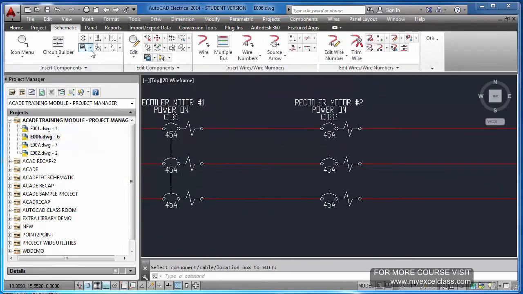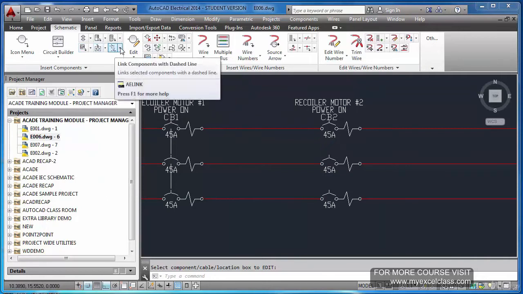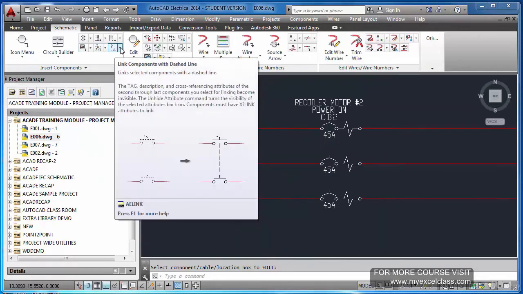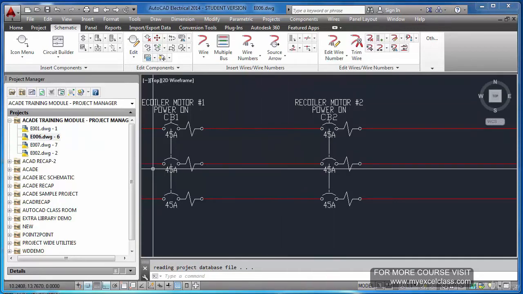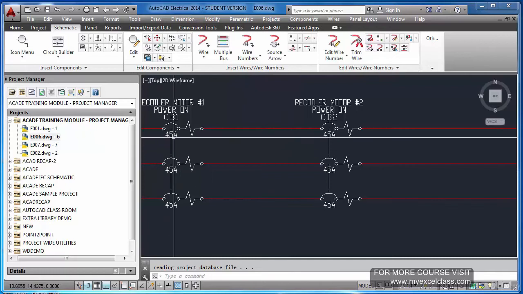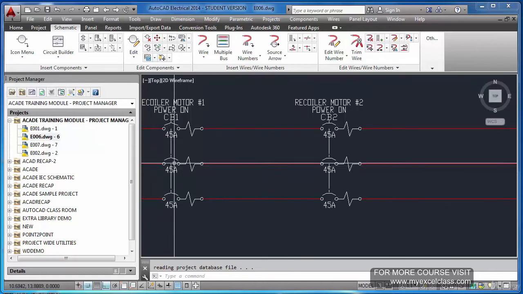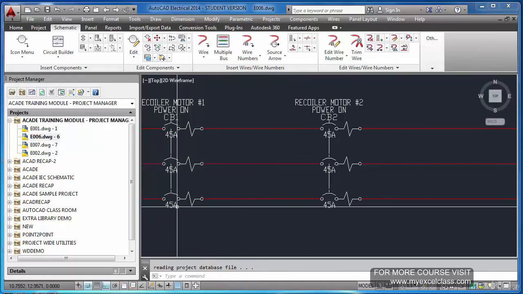And if you want to insert the dashed line, link components with a dashed line, or select this option, pick all the 3 poles, it will be linked with a dashed line. In fact, I don't want this rating to appear in all the 3 poles. Only 1 pole will be sufficient.